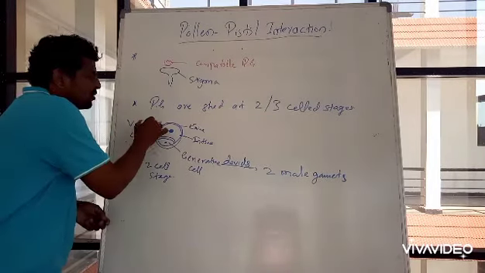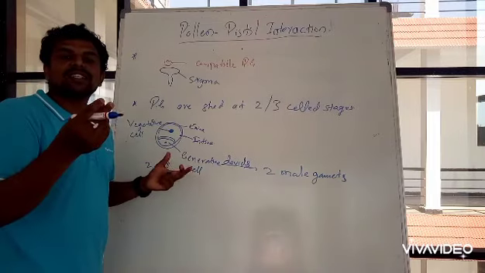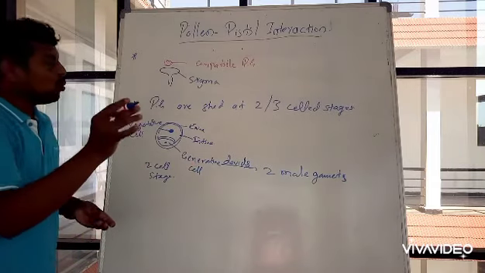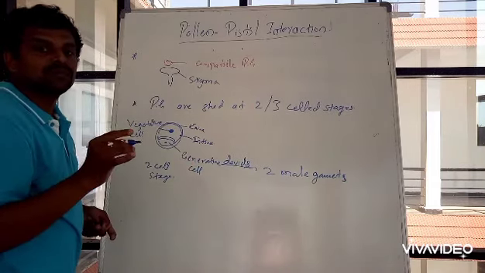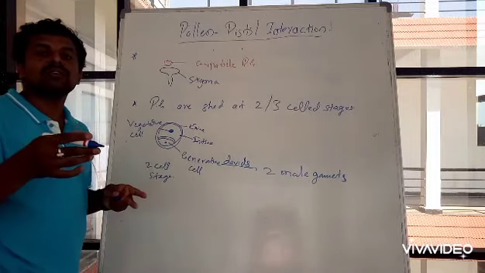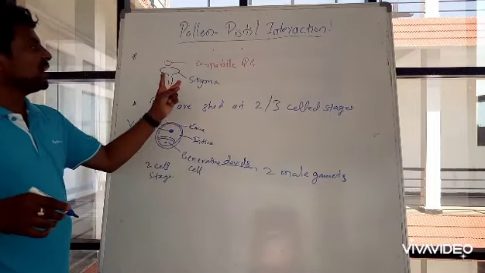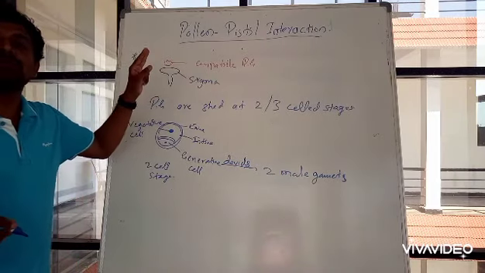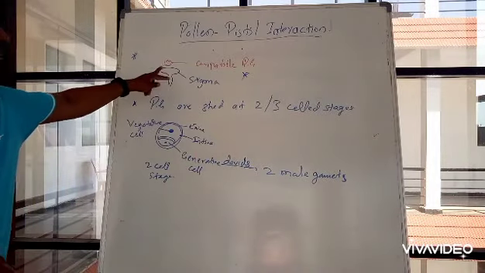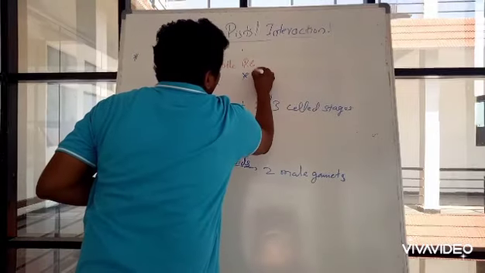Generally the vegetative cell will degenerate, which means the vegetative cell provides all its nourishment to the generative cell, and the generative cell, once it reaches the stigma portion, divides giving 2 male gametes. That takes place when the pollen grain falls on the stigma portion. I will write it. This generally happens when the pollen grain falls on the stigma.